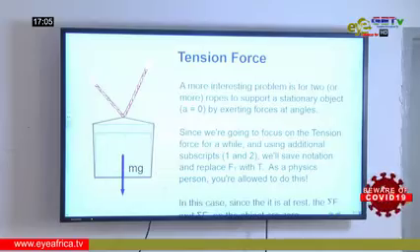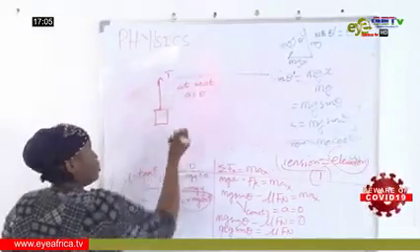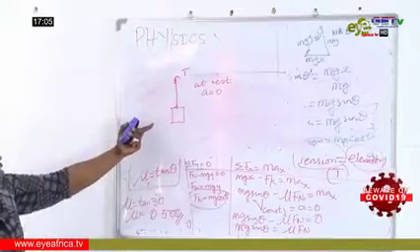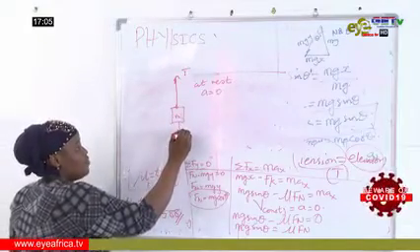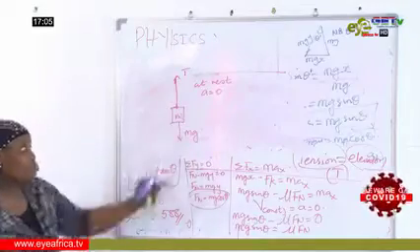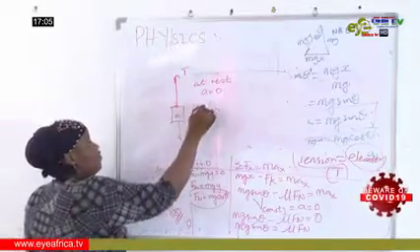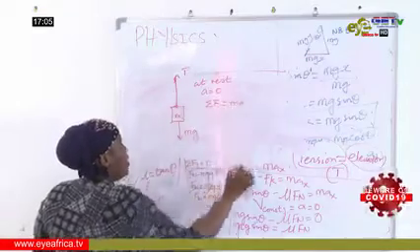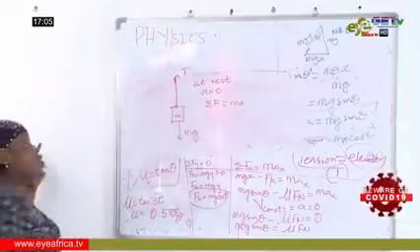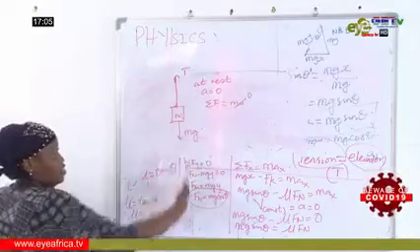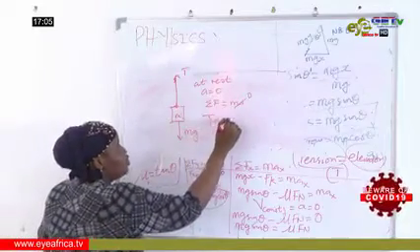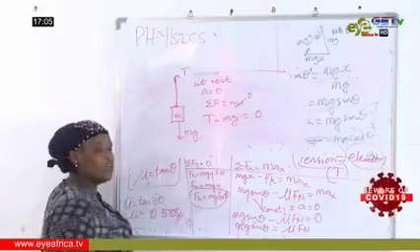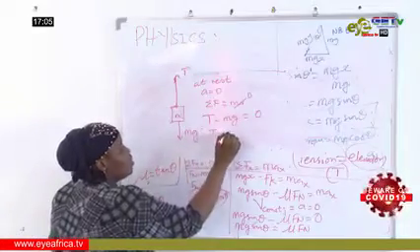If the object is at rest, what happens? If the object is at rest, it means a is 0. What other force is acting on this object? Since the object is hanging, it must have a mass, and the mass will be supported by gravity to give its weight. So we will apply Newton's law, and this gives us the sum of forces on the object is equivalent to ma. But the object is just hanging, or it is at rest, so the acceleration will be 0. What are the forces acting? The two forces are tension and its weight. So if we take the sum, that would be T minus mg equals 0 because the object is at rest. This gives us T equals mg.